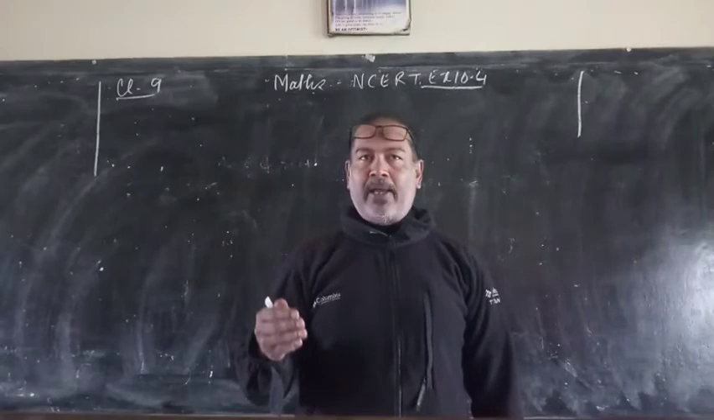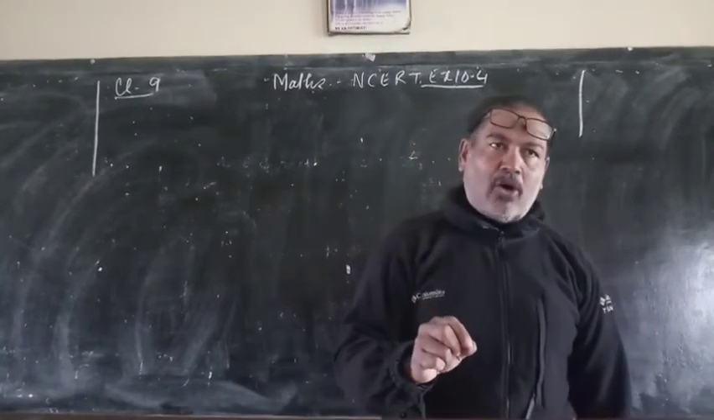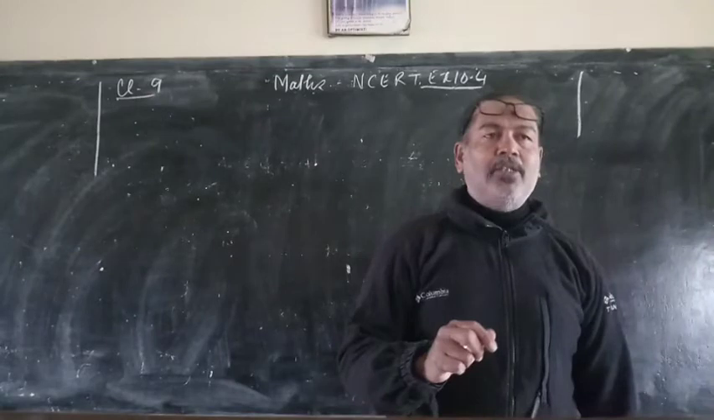Again, the perpendicular drawn from the center to a chord bisects the chord, and a line joining the center to the midpoint of a chord is perpendicular to it. These are some basic theorems which will help us to solve the question which we are going to discuss, explain and solve. One very important question I am going to take is question number 6 of